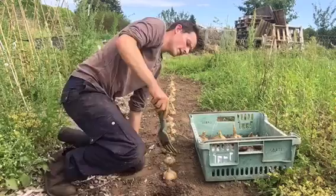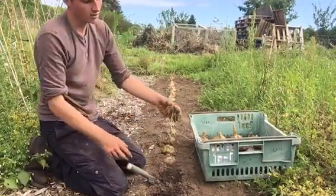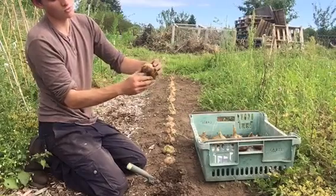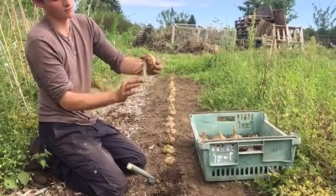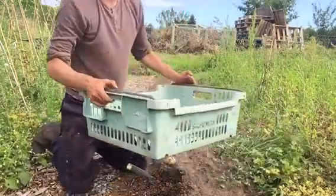Okay, so here we go again. Fork down, right underneath. Shake the soil away. Take all the soil away from the roots. Place them on a tray or a crate. Now if you look here,